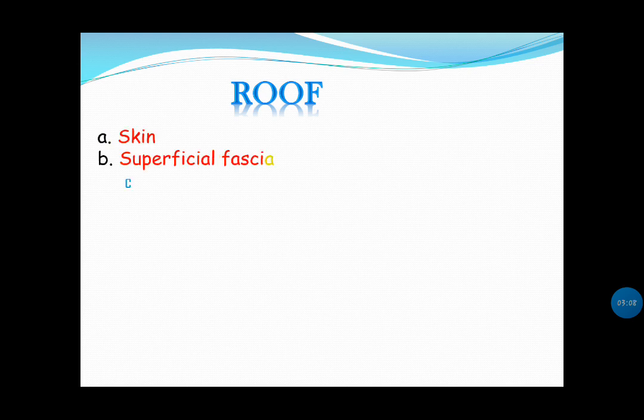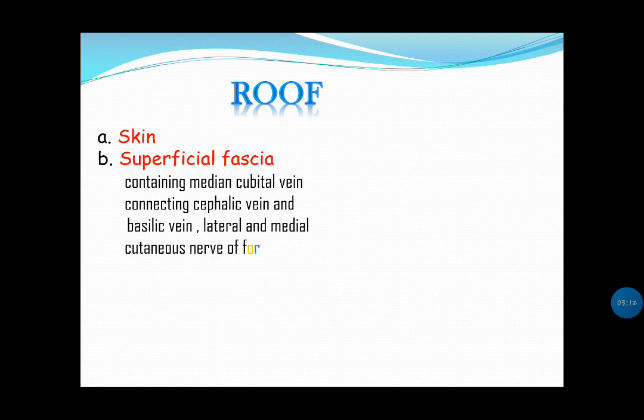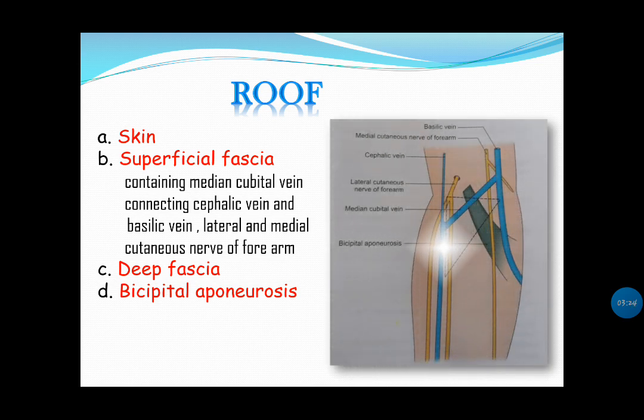Roof is formed by skin, then superficial fascia, then deep fascia, and finally bicipital aponeurosis. We always know that the skin is the outermost cover of our entire body. So the uppermost cover of the cubital fossa is also the skin. So beneath the skin we have the superficial fascia. Here in the cubital fossa, the superficial fascia has a few contents. So let's see them. First of all, it has